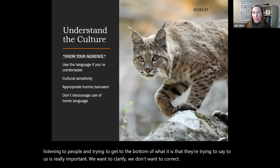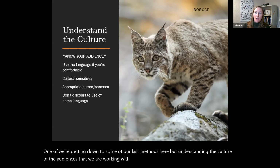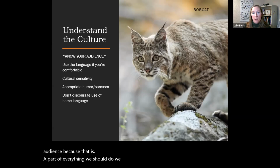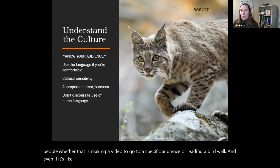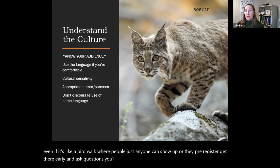We're getting down to some of our last methods here, but understanding the culture of the audiences that we are working with is really important. I underlined know your audience because that is a part of everything we should be doing when we are working with groups of people, whether that is making a video to go to a specific audience or leading a bird walk. Even if it's a bird walk where anyone can show up or they pre-register, get there early and ask questions. You'll find out really quickly if there are any